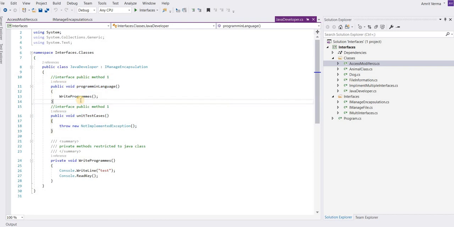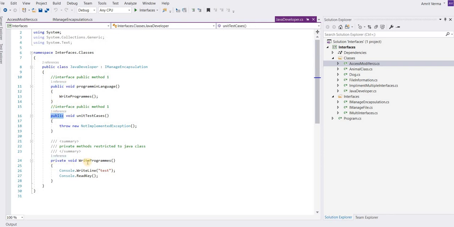I created one method inside this, the write programs method, and I gave private access to it. I printed a small print message inside it. Whenever you are accessing the Java developer class, you have access to these public methods.